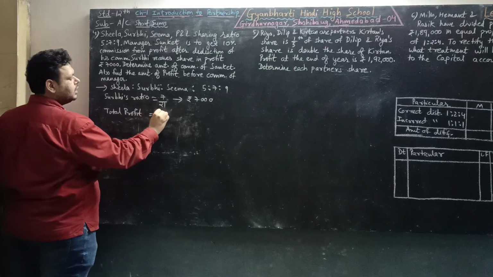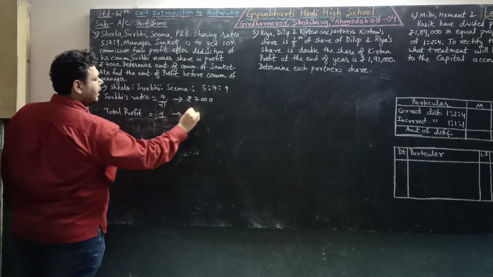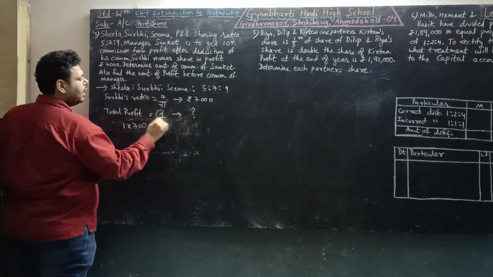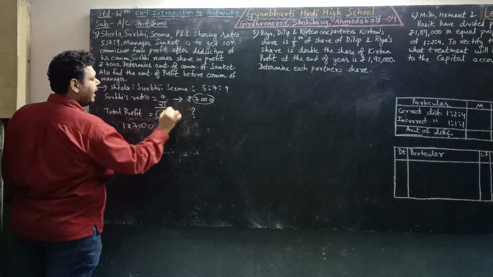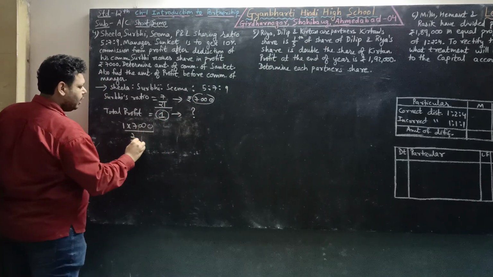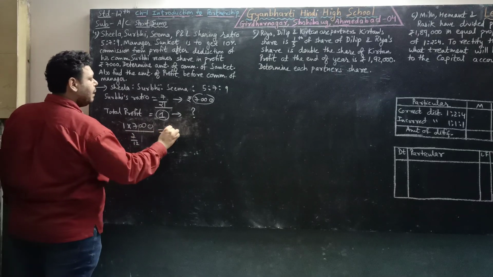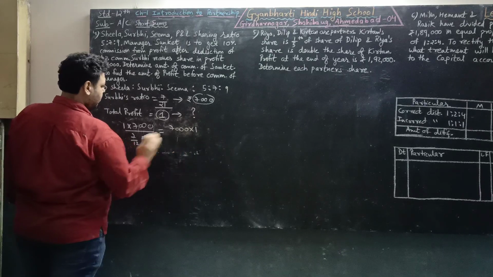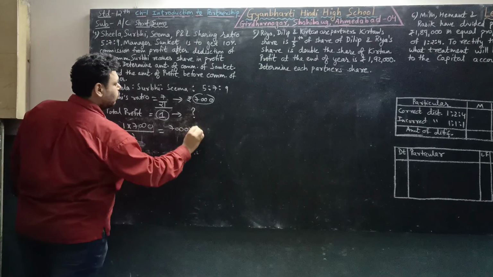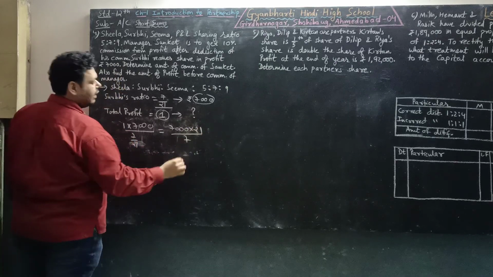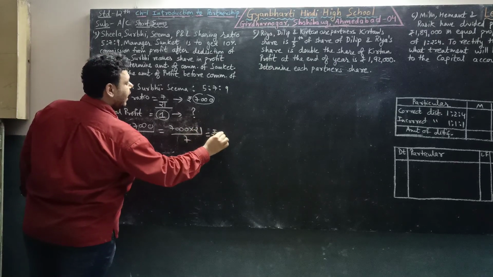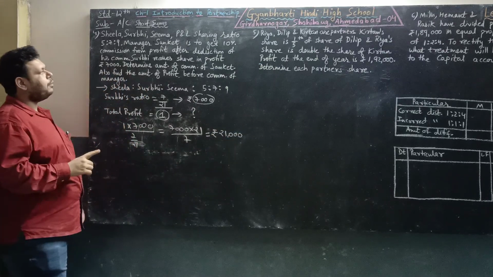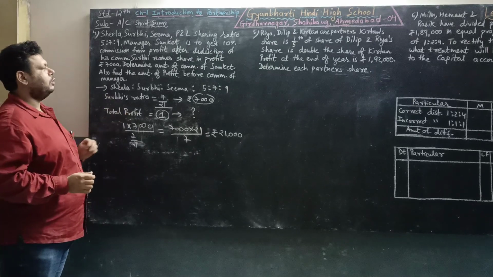So if 7 upon 21 is part of Surbi and if she is receiving 7,000, so total profit, let us assume that it is 1. So what will be its amount? So 1 into 7,000, that is cross multiplying 1 and 7,000 and dividing it by 7 upon 21. So 21 will go in multiplication. 7,000 into, sorry, mistake, it is 7,000 into 21 upon 7. So after calculating we will get total profit as 21,000 rupees. So total profit of the firm was 21,000 rupees.